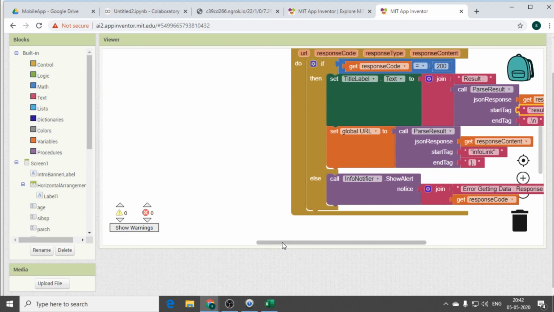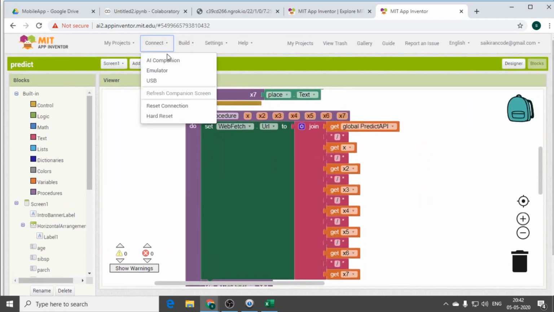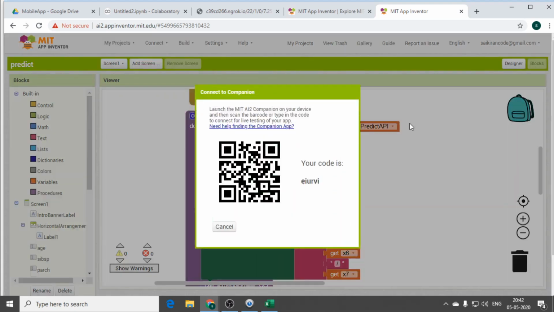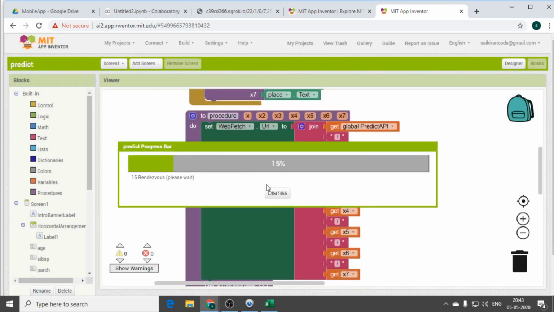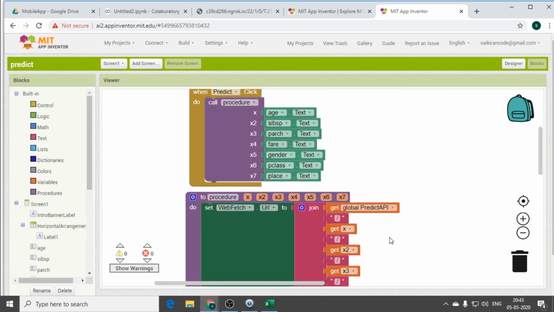See, once it is done, you can go to the top page and you can connect it with AI Companion and you can fetch the output. You can scan the QR code, because an individual QR code should be taken. If you copy the same QR code, I may not get the output directly. Once it is scanned, you can have the same input functionality that you have given here in App Inventor, because this is pretty much simple drag and drop.